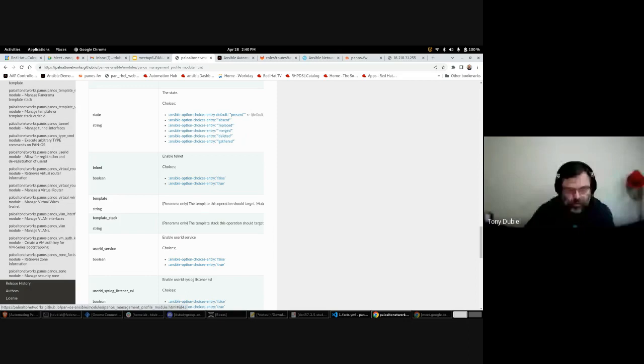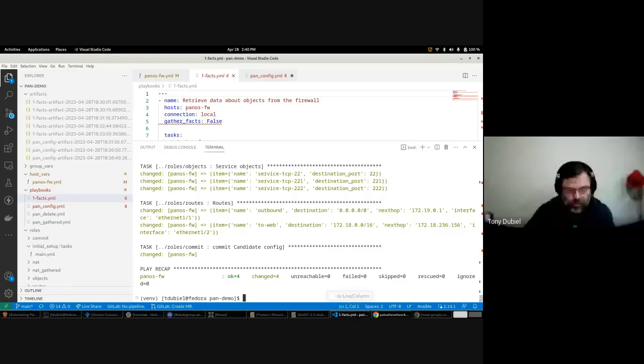So these are newer states. It used to only have present and absent, and then it started adding these other ones. And then gathered is new too. With gathered, I can go to that specific configuration and pull it out. We'll use gathered in the workflow as well. So let me go back, and we can see that it finished that one for the objects. And just to validate real fast,